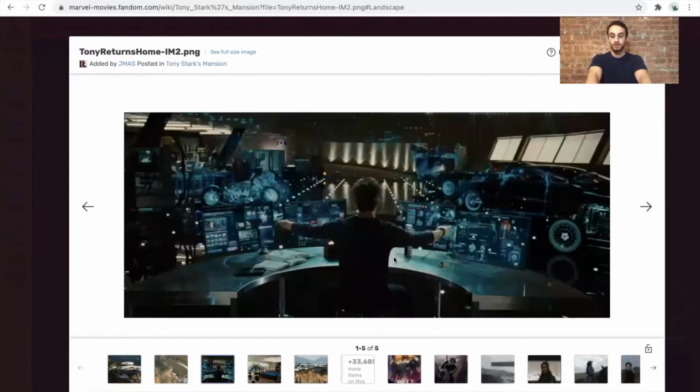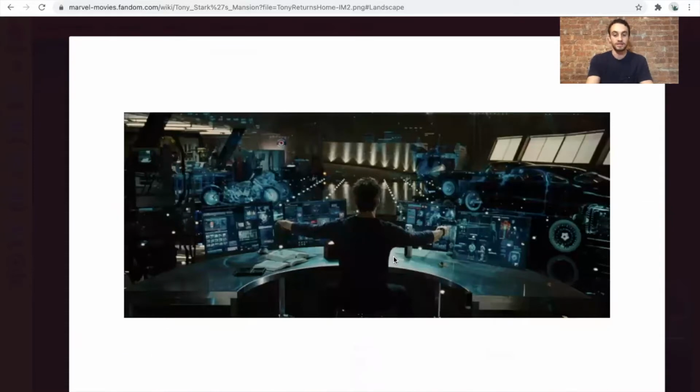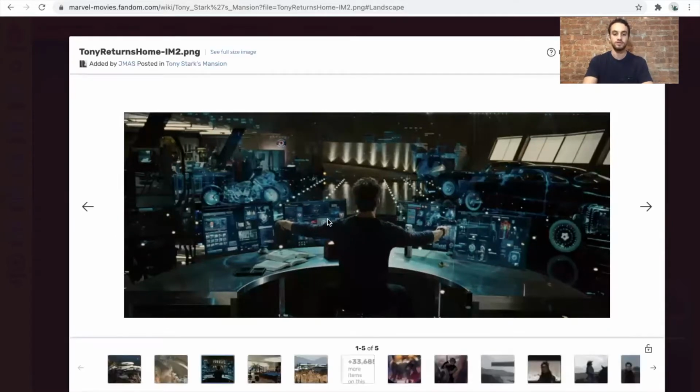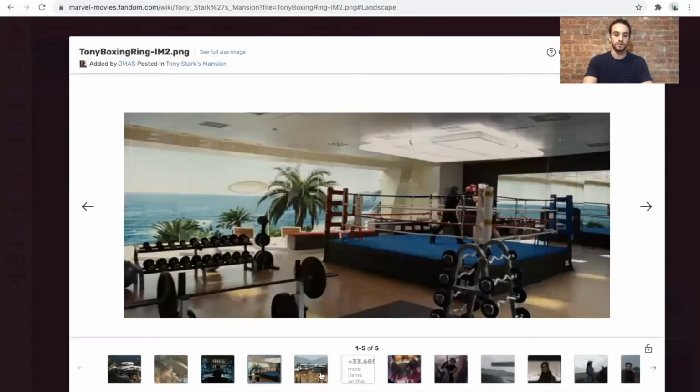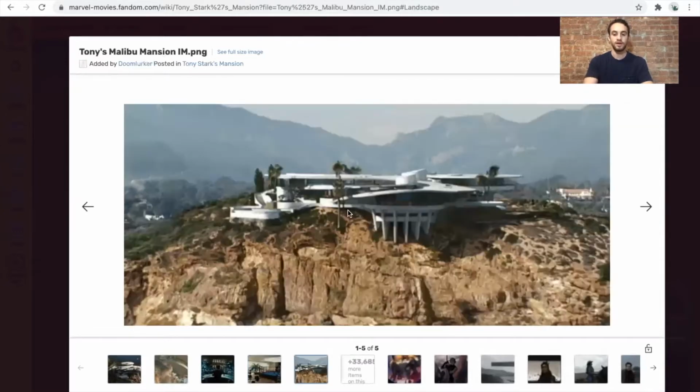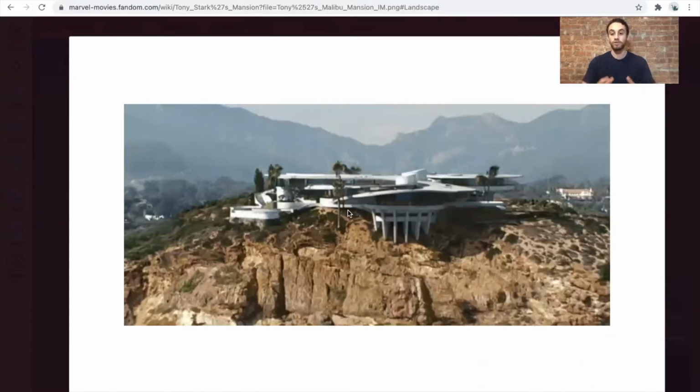Some other amenities include Tony Stark's garage, where he has at least 12 cars in there, and super advanced tech, state of the art gym. And then this is a view of the property looking in from the ocean. So as you can tell, it is a massive property. Also, all those pictures look a little bit fake because this mansion does not exist in real life. It was created all through CGI, but we're going to do our best to find a hypothetical price for the